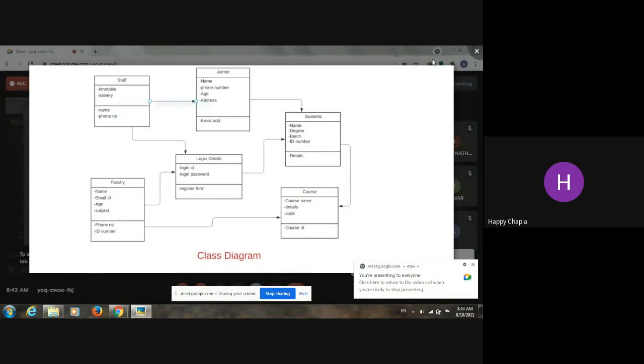Okay, the missing part is multiplicity. That means you have to give the connection like 0 to 1, 1 to many, many to 1, that kind of multiplicity is remaining. As you can mention some type of user generalization or inheritance. See here you have defined it: staff, admin, student and faculty, right? So you can create one general class which is named as user.